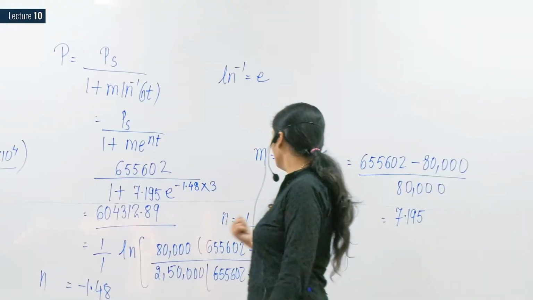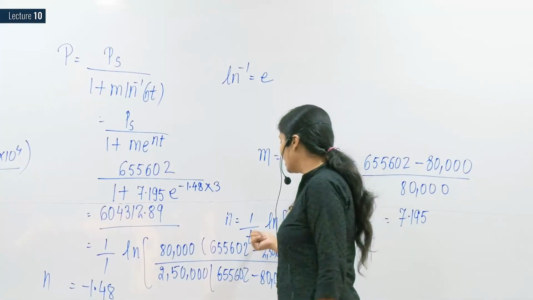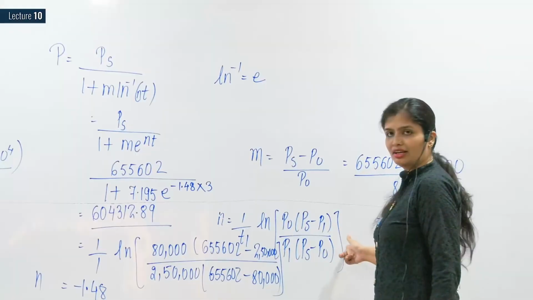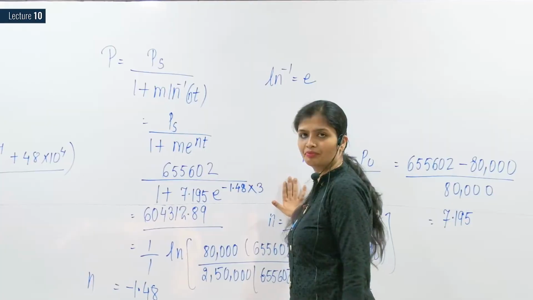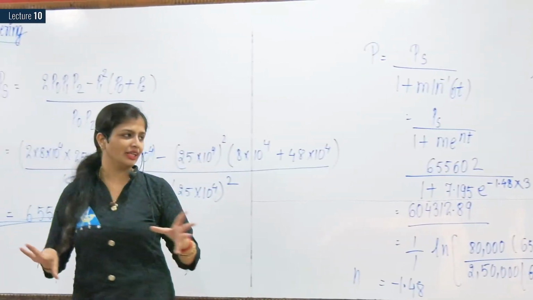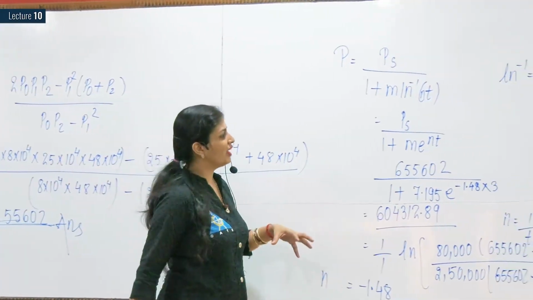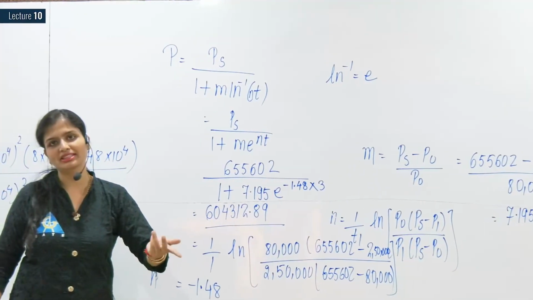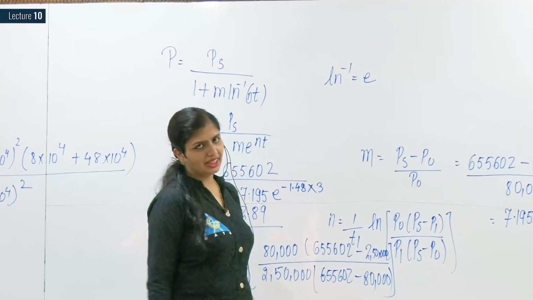The m value depends upon ps and p naught. And the next value is n. N value depends upon what? P naught, p1 and ps. Fine. So you calculated m and n and then you just substituted here and got the answer. See, this value could be like 60, somebody will get 53. What happens is, I have taken 2 decimal places, somebody else would have taken 1 decimal place and somebody 3 decimal places. So near about variation is there, that is not an issue.